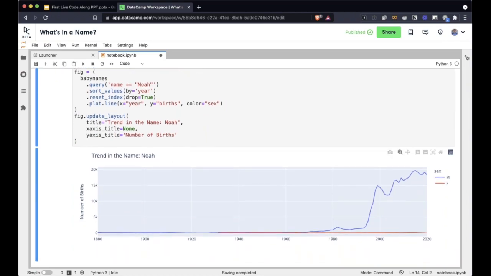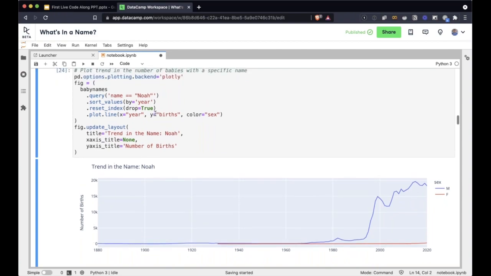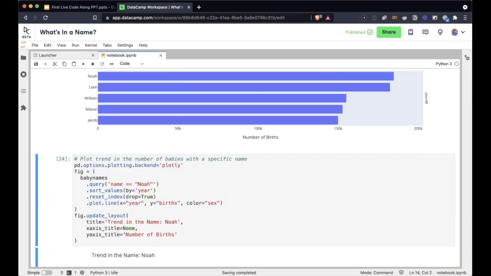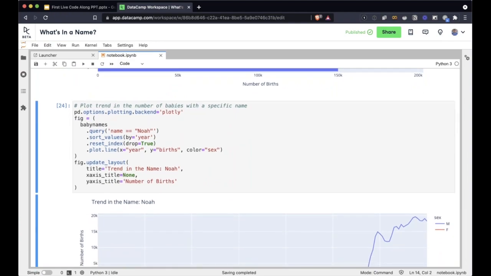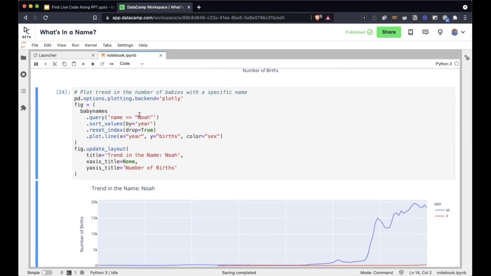So this is good, but let's say that you suddenly want to analyze other names. Like you want to quickly look at, let's say, Elizabeth or Ava, or one of the names that you see here, Mason. The conventional way to do it is just to change it here in the code, and everything is good. But Jupyter Lab and Jupyter provide a really powerful way to explore data in a very interactive way. I'm going to show you how to do that, and it's one of the most powerful features of Jupyter Lab.